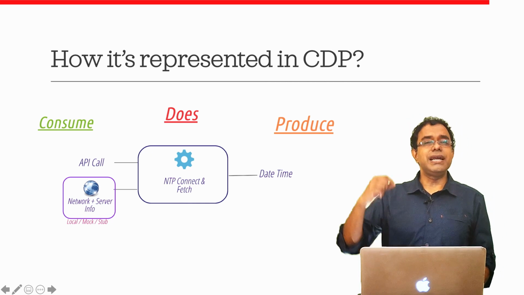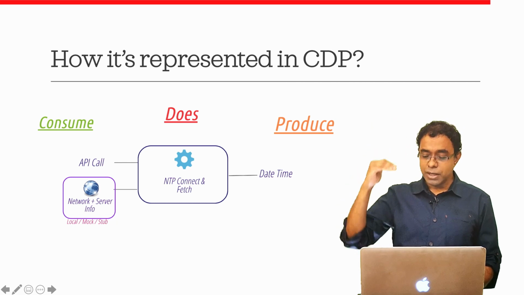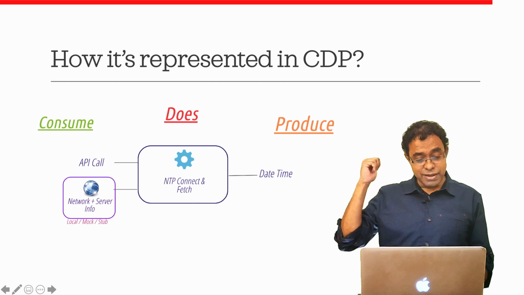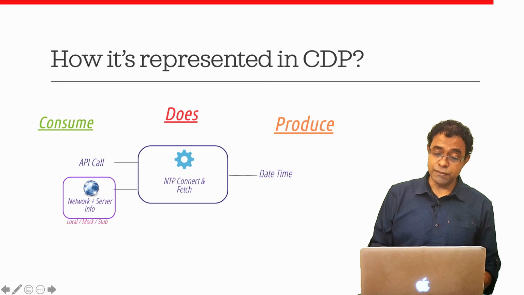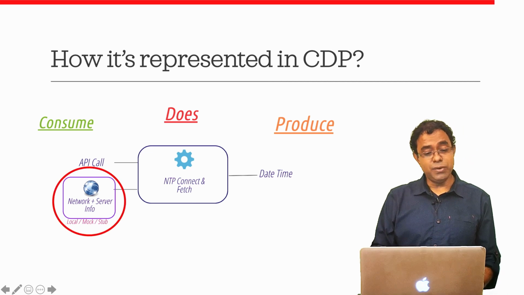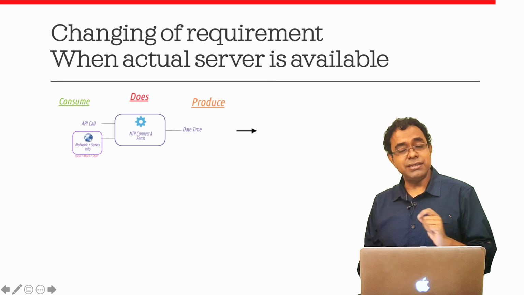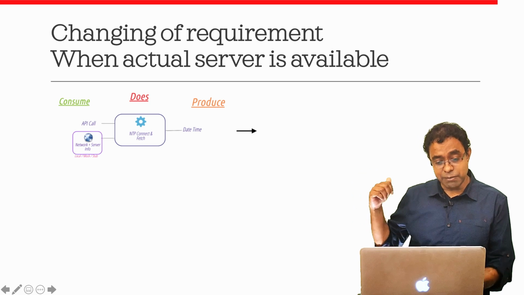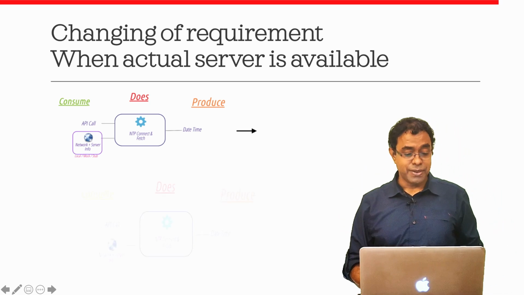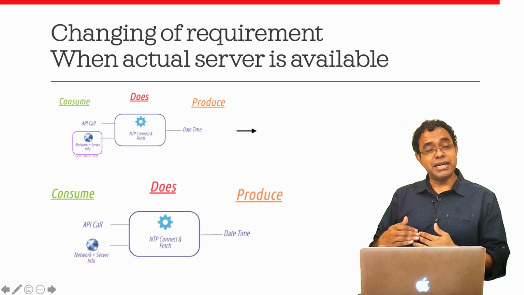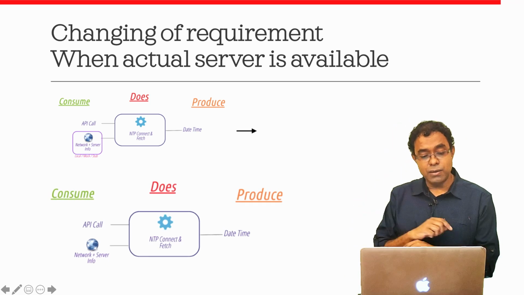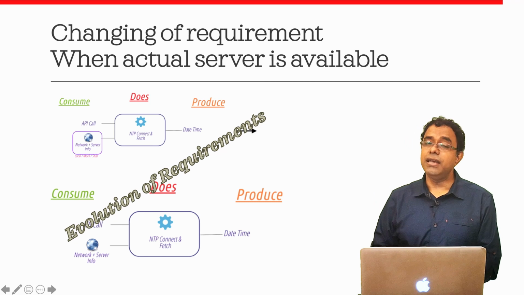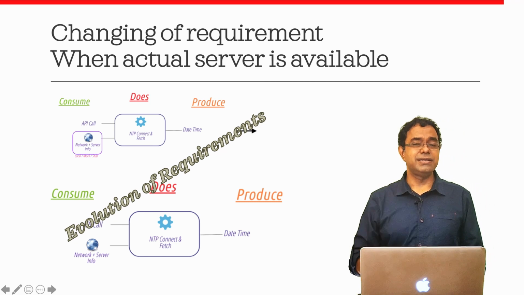And even if it is completed, anybody from the 35,000 feet view to even the 100 feet view knows that the requirement being complete means we will have to get this network plus server info done, which means that we can actually see how the requirement changes over time. In this particular case, as of now, we have completed this requirement by mocking or having a local NTP server. Over a period of time, when the requirement comes again and evolves, we remove that local mock or stub part, which means that we can also see evolution of requirements with the CDP model.